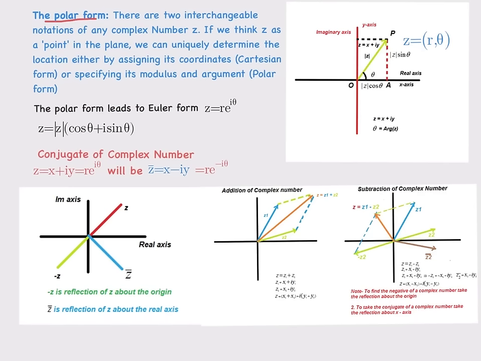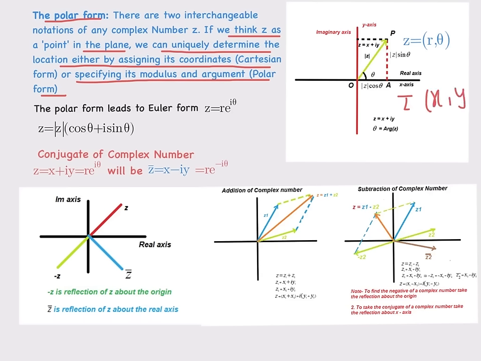The polar form. There are two interchangeable notations of any complex number z. If we think of z as a point in the plane, we can uniquely determine the location either by assigning its coordinates or by specifying its modulus and argument, the polar form. We need two quantities to specify any point in a plane, because the plane is two dimensional. So either we take z as a coordinate, that is x, y, or we take z as r, theta,